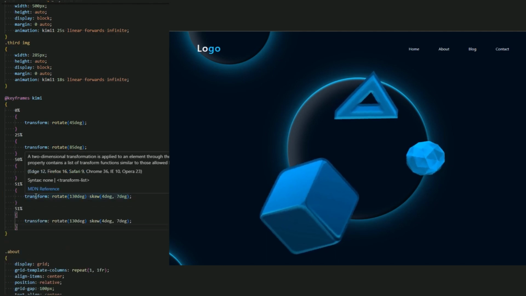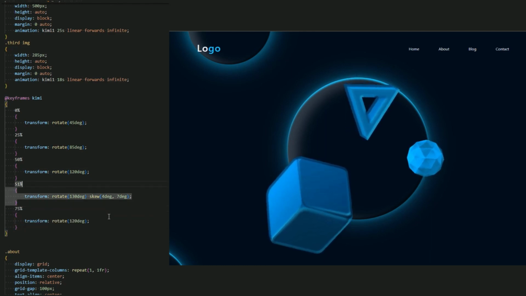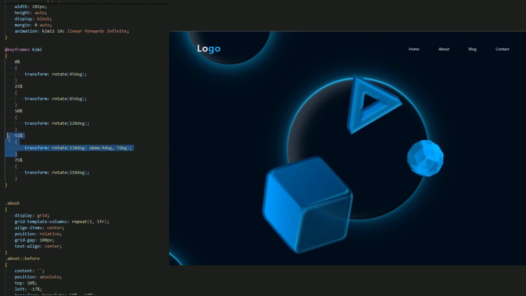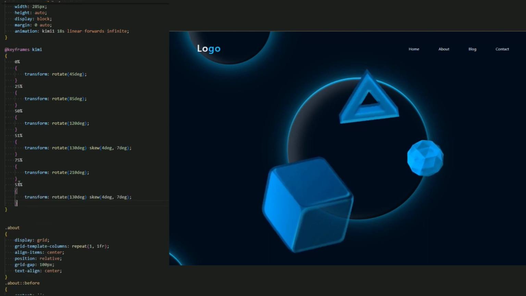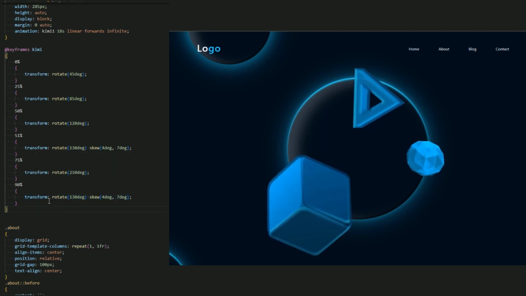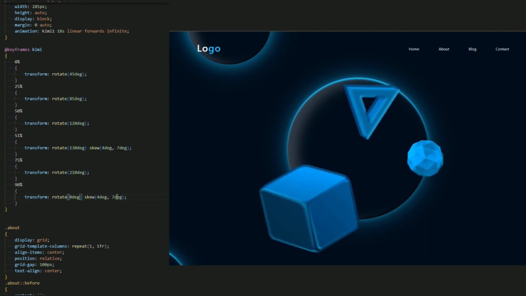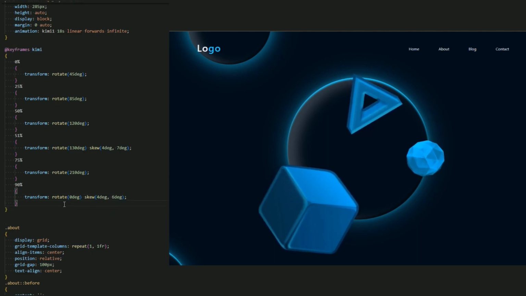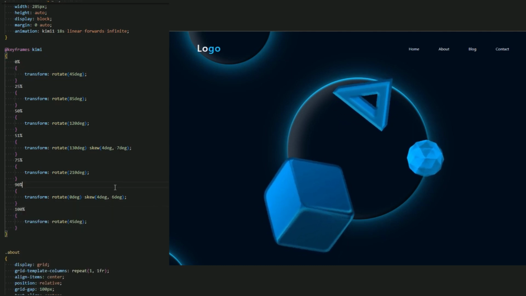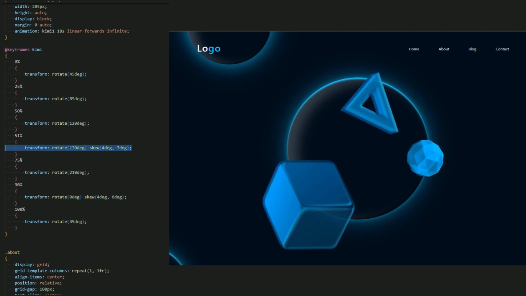And now enough. Let me just copy. 75%, 210 degree, and in 90%, again let me just copy this because I want to add a skew. 0 degree for the rotate, and a skew 4 degree, 6 degree. There we go. And now 100%. Let's use the same rotate as the 0%. Here we go. This is a simple animation. Just add something different, a skew for it.